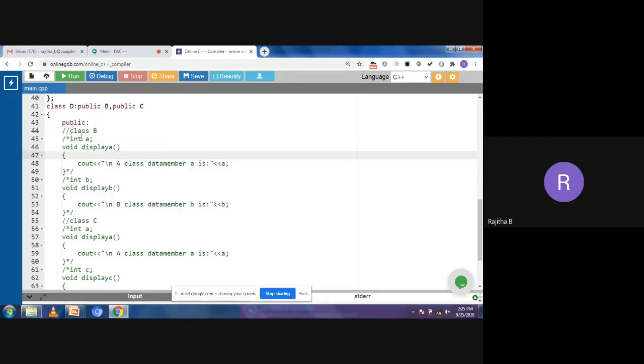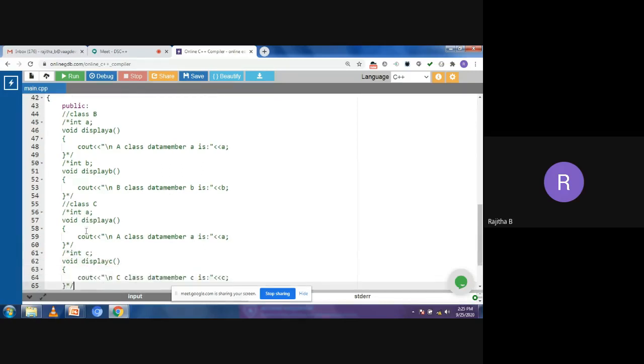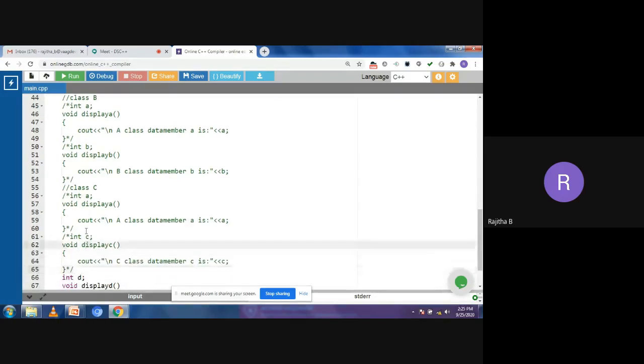From class B, I have data member a and display A function, and I have data member b and display B function. And from class C, I have data member a from class A and display A function, and in class C, display C. So it is from the C class. So I have a C data member and display C.